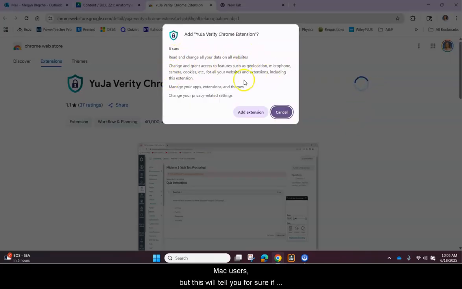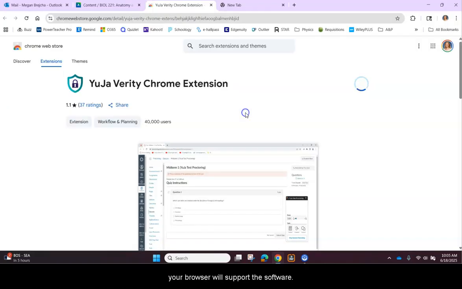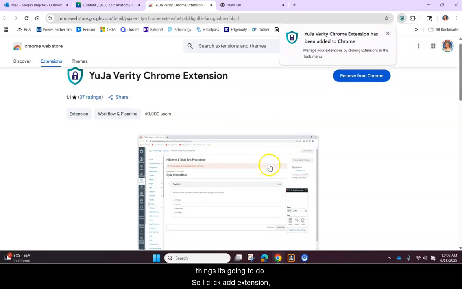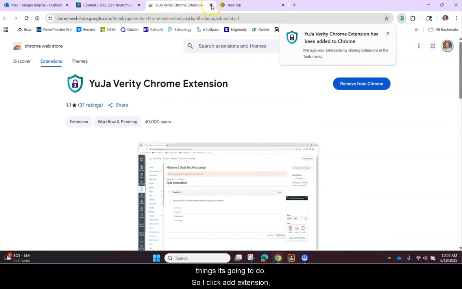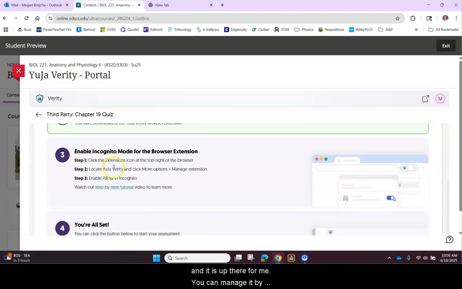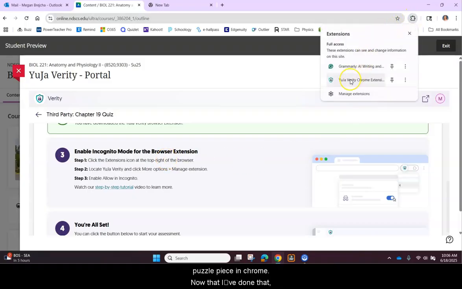It tells me all of the things that it's going to do, so I'll click Add Extension. Okay, and it is up there for me. You can manage it by clicking Extensions, which in my browser is this little puzzle piece in Chrome. Now that I've done that, I can close this window. Check that off. Next step, it says Enable Incognito Mode for the browser extension. So I click on my extensions and find Yuja,